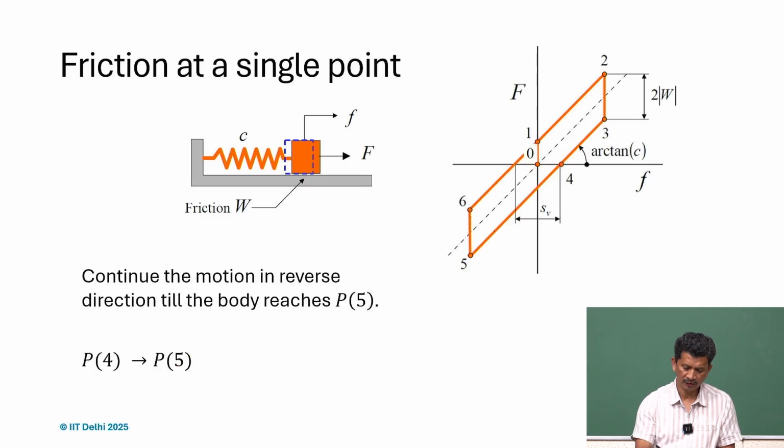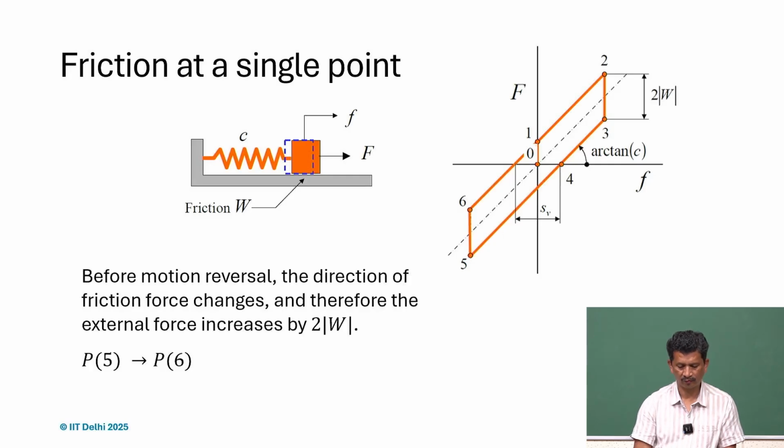As we continue further, we can keep moving and we can reach 5 similarly. And from position 5, we want to come back. So we want to reverse, and the same thing will happen